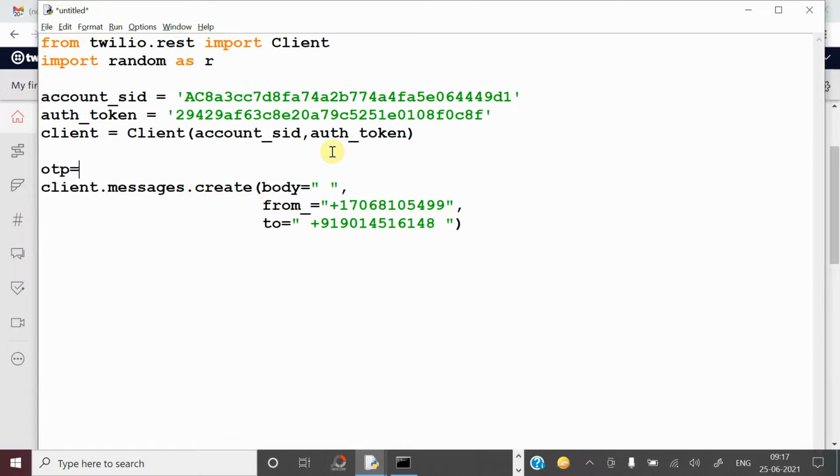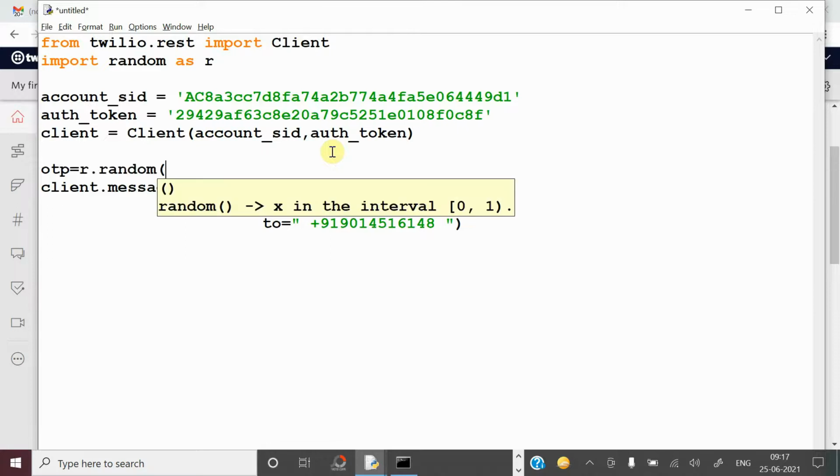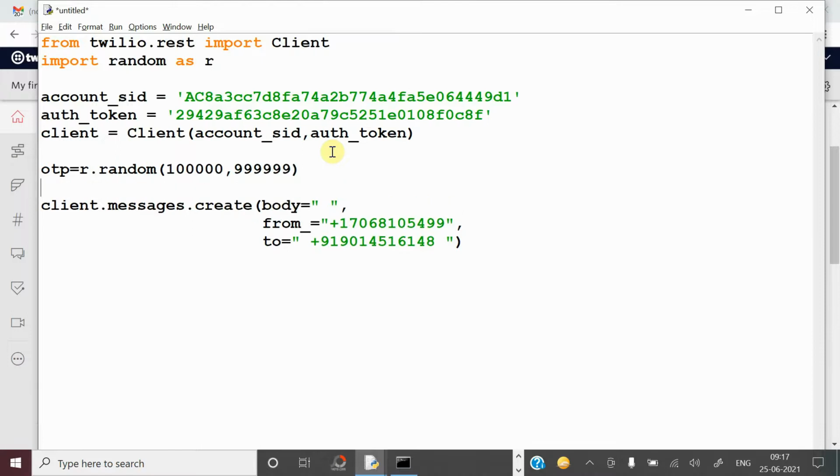OTP equals R dot randint. If I want to generate a 6-digit number, it should start from 1 lakh, which is the starting 6-digit number, and here keep the ending 6-digit number. It will generate any one random number in between this range.